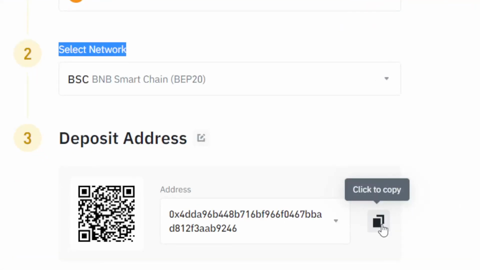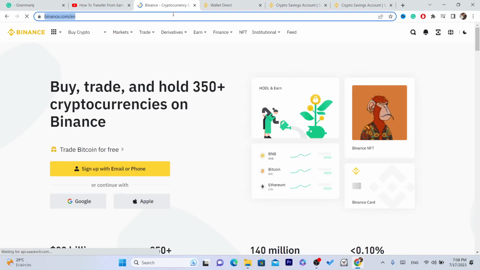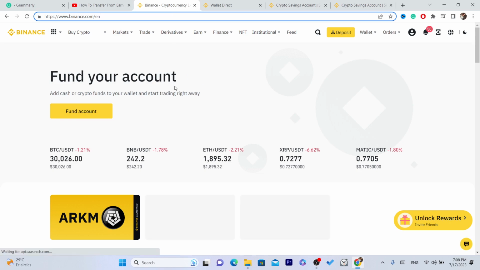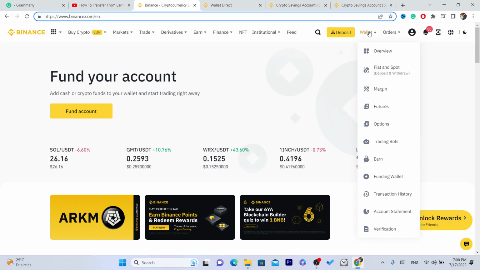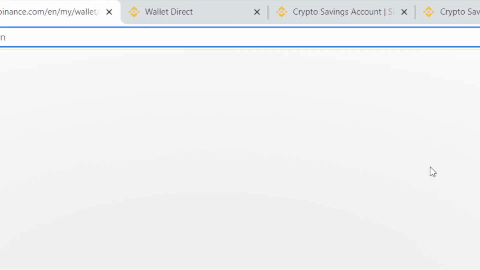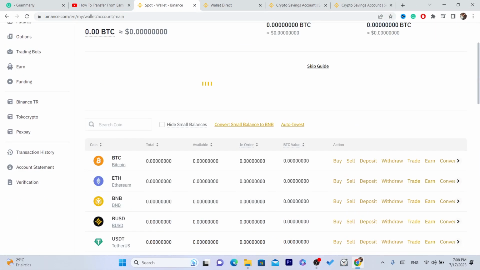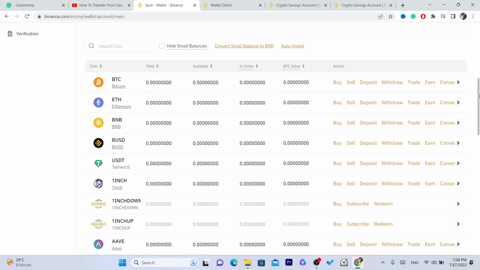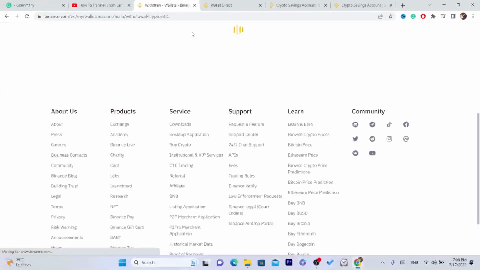Now after you copy this wallet address, you want to go to your own Binance account, the account that you are trying to send Bitcoin from, or any other crypto. You need to click on wallet, fiat and spot, scroll down, and find the exact same coin. So this is Bitcoin. Instead of clicking on deposit, you need to click on withdraw, so that you can withdraw